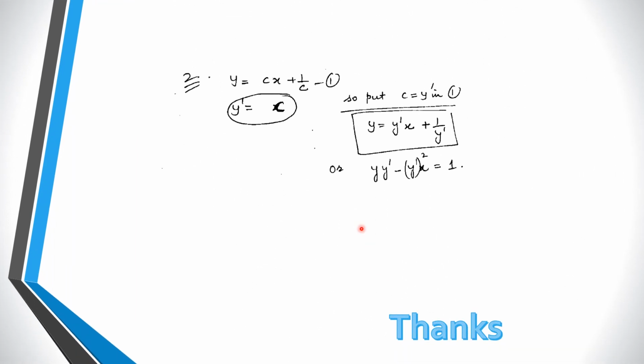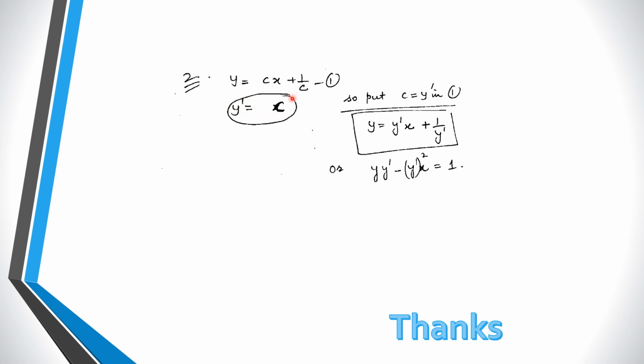One more example, y is equal to cx plus 1 over c. Now in this equation we are having only one arbitrary constant, which is c. So we have to take the derivative of y with respect to x, only one, means we have to take only the first derivative of this. So find out the first derivative of y with respect to x. This is c. The derivative of 1 by c is 0, right? So we will have y prime is equal to c.